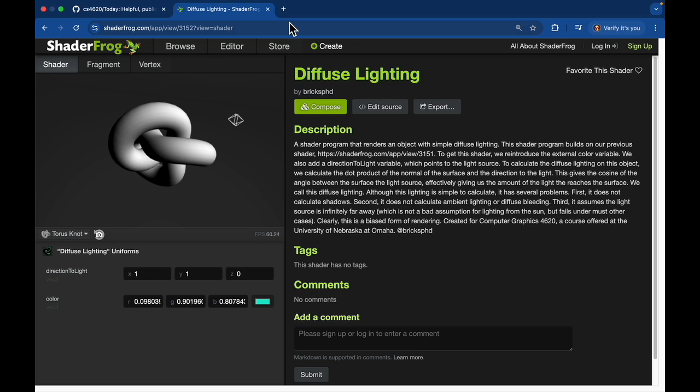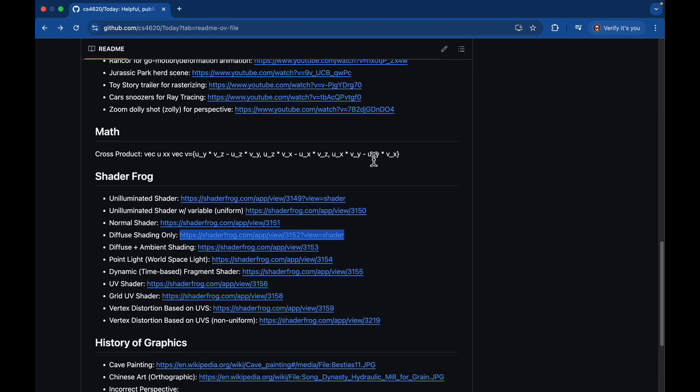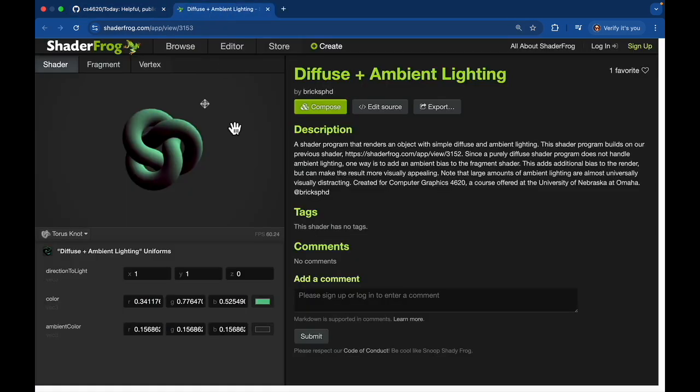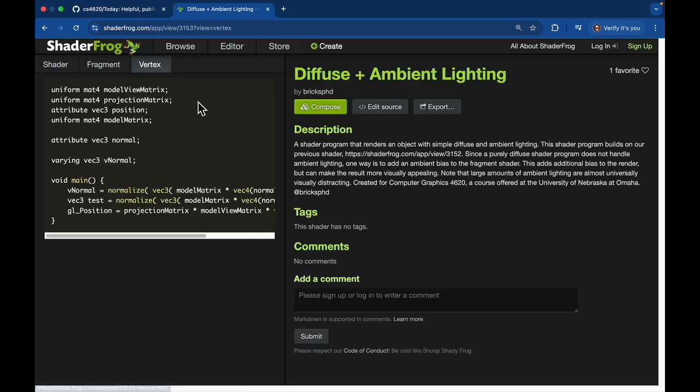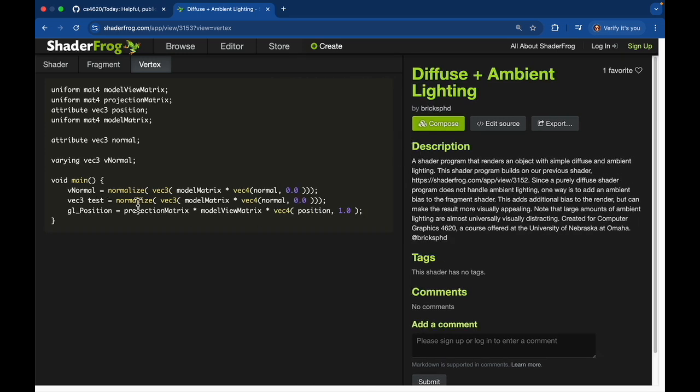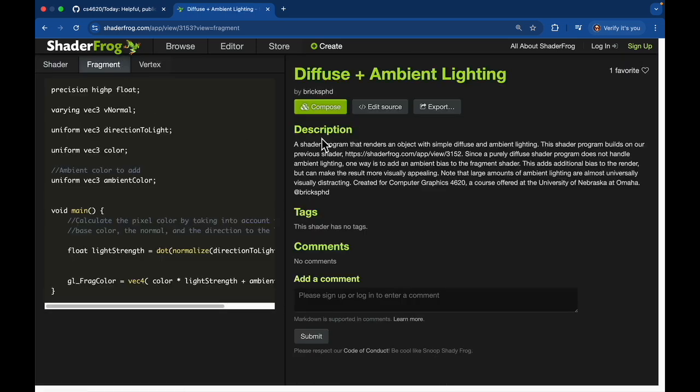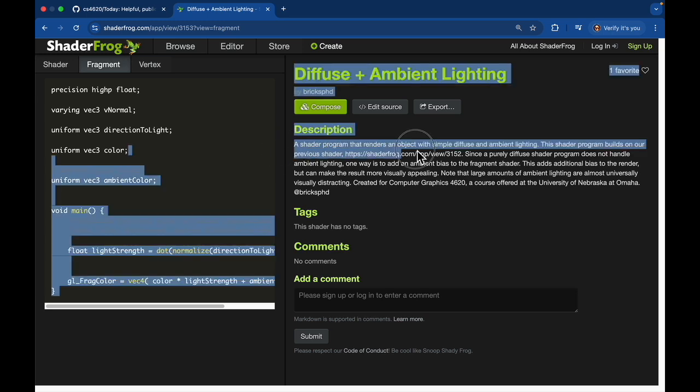So now let's move on to the next step, which is diffuse plus ambient shading. In this one, we're adding an ambient color in the fragment shader. As you can see, it's pretty similar, but now we have a test variable that we're passing in. But then the main thing is that,